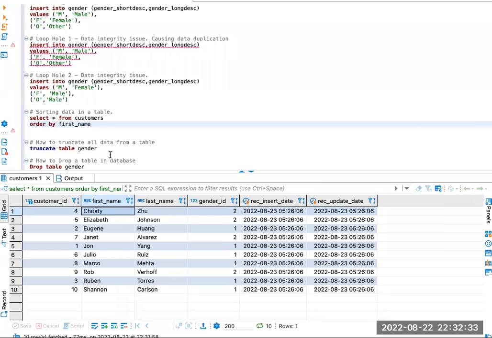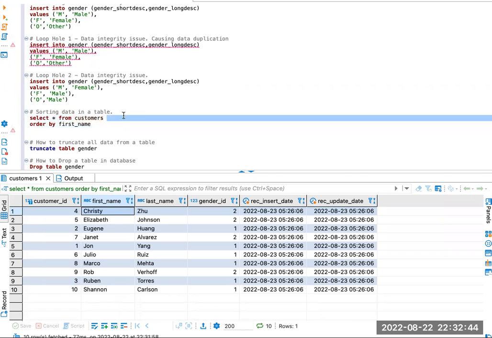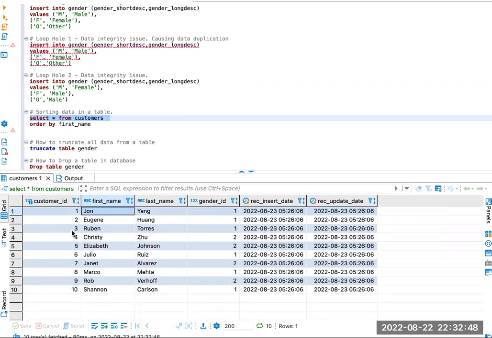In this video, we're going to discuss how to sort data in a table. For the sake of this example, I have created a table called customers. So if you execute this table, I already entered some test data in here, which is first name, last name,